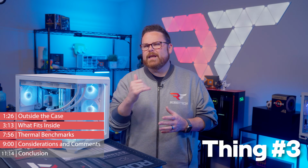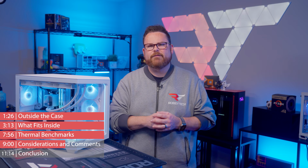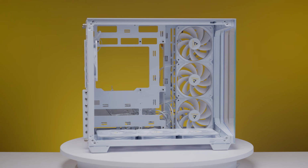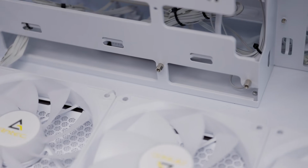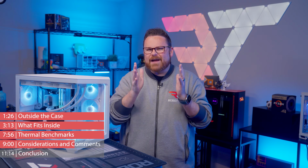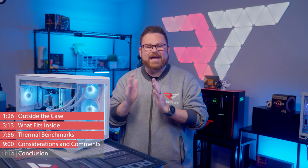Thing number 3, we need to talk about the fans, specifically the mounting for the side and bottom intake fans. Like we mentioned, the cable runs weren't pretty, but as we were fixing the wiring, something kind of stood out for us. The mounting holes for these fans are so far away from where the cables need to run. Guys, I've driven small cars that I could probably park in the amount of space between the fans and the